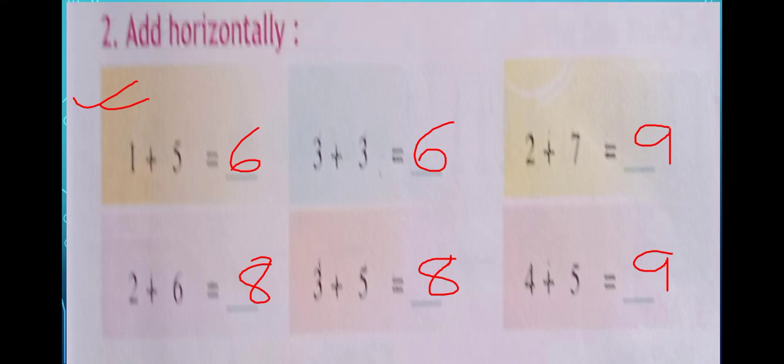Question number 3 is simple adding of 3 single digit numbers. 1-digit number, 2-digit number, 3-digit number. But how many are there? There are 3. As I told you before, you can arrange it in any way, in any order you can add. But as here it is given that 2 and 1 you have to add first, then you have to write the answer here. Then with that answer you have to add this 6. Then you have to add total and write down the answer here. So let us start.